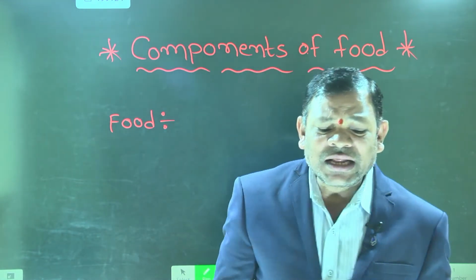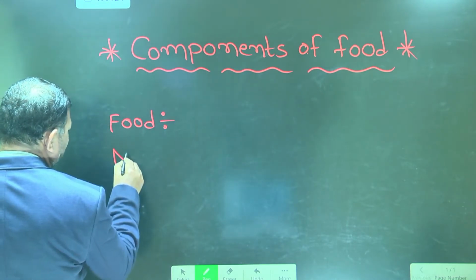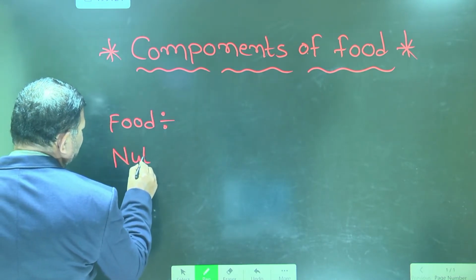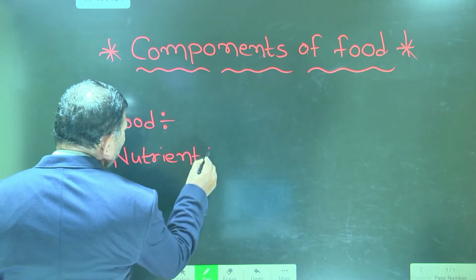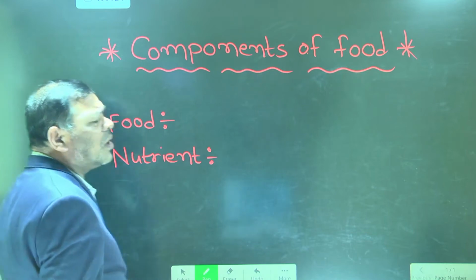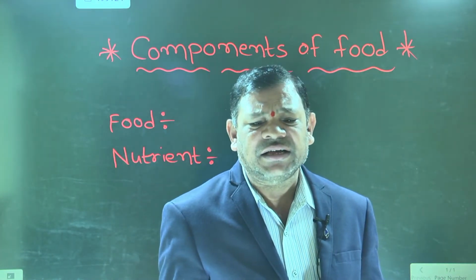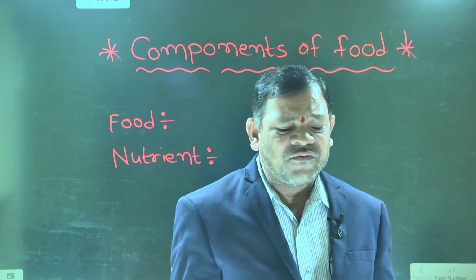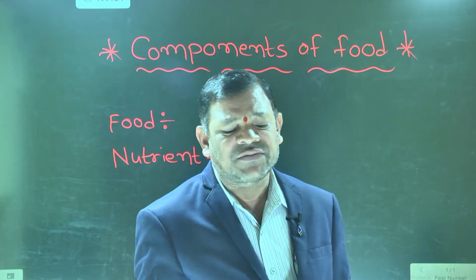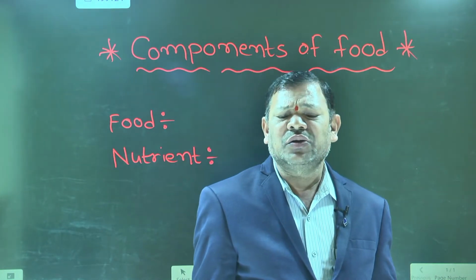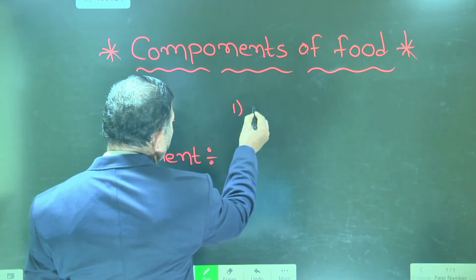So what is the meaning of nutrients? Nutrients are the food components we can eat. The food we eat contains seven essential components of substances called nutrients. What are the seven components? That is, first one,